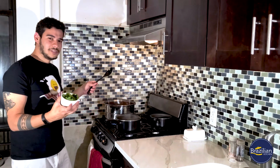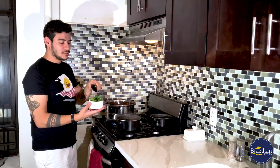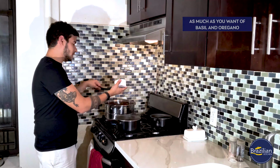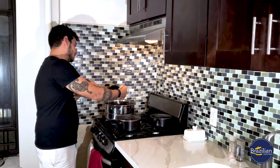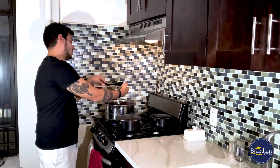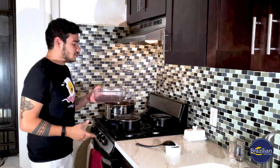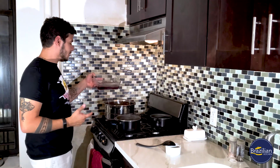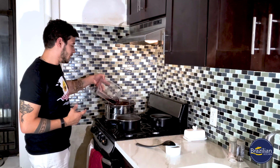And now in the Stroganoff, I'm gonna add some basil and oregano that I have here. So just put it in the pan and start mixing. It will give very good flavor to your Stroganoff. So now the rest of the wine that I used for the meat, I'm just gonna pour it here as well. So it will give a nice